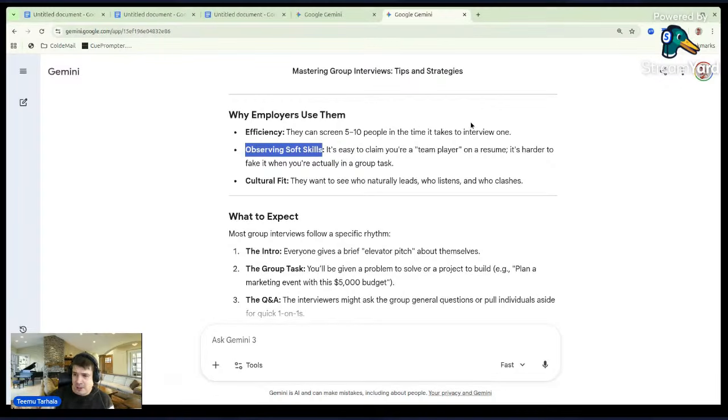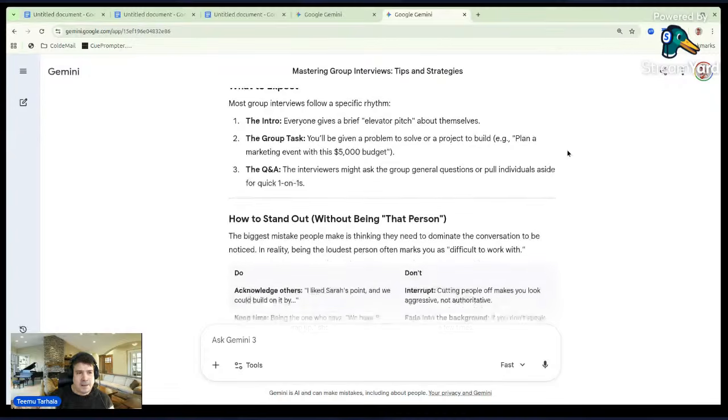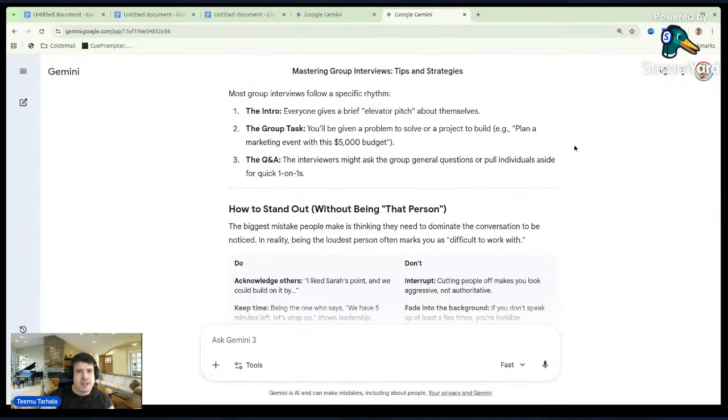And if it's a team role, you work in a team, then of course you need to talk with other people, and they might even give you a little task. One thing mentioned there is that they are also testing whether people are listening.